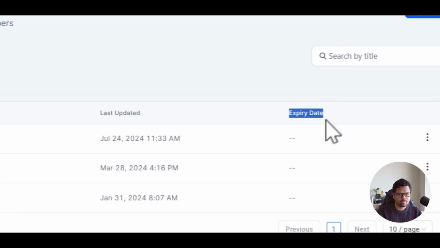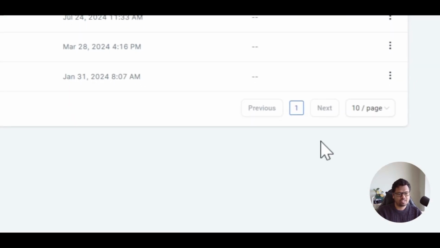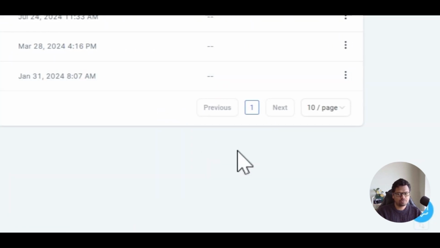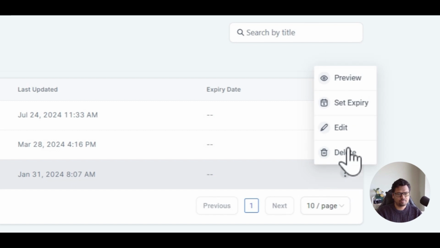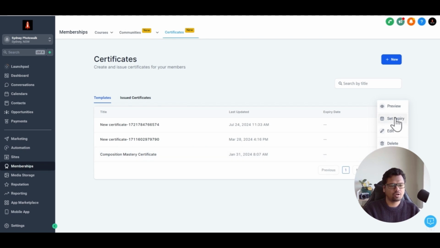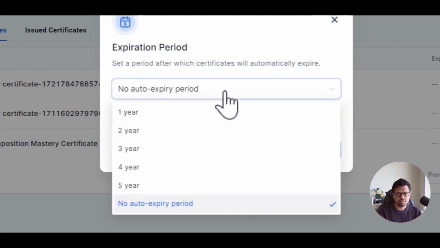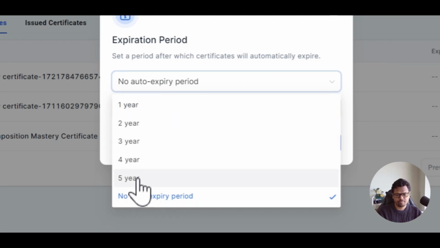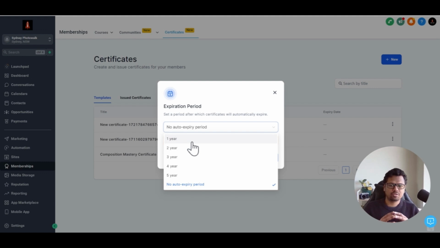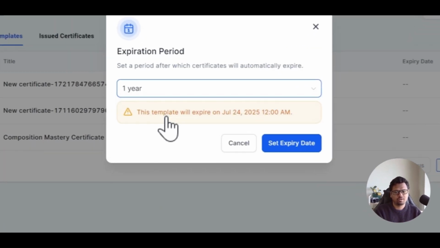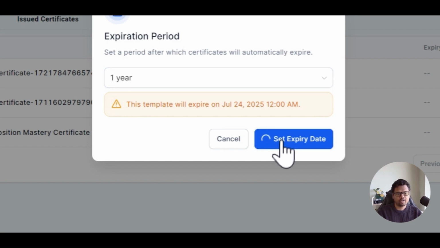You can see there's a new column called expiry date, and all of these certificate templates don't have any expiry date. So now we are going to set an expiry date. You click on these three dots, and you can see you can preview this certificate, or you can set an expiry, edit, or delete the certificates. We are going to set an expiry now. You click expiry, and by default there is no auto expiry for the certificate, but you can select 1 year, 2 year, 3 year, 4 year, 5 year from the drop down. So for now, you cannot set any shorter expiry time. It's either 1 year, 2 year, a yearly expiration. So I'm just going to select 1 year for this template,